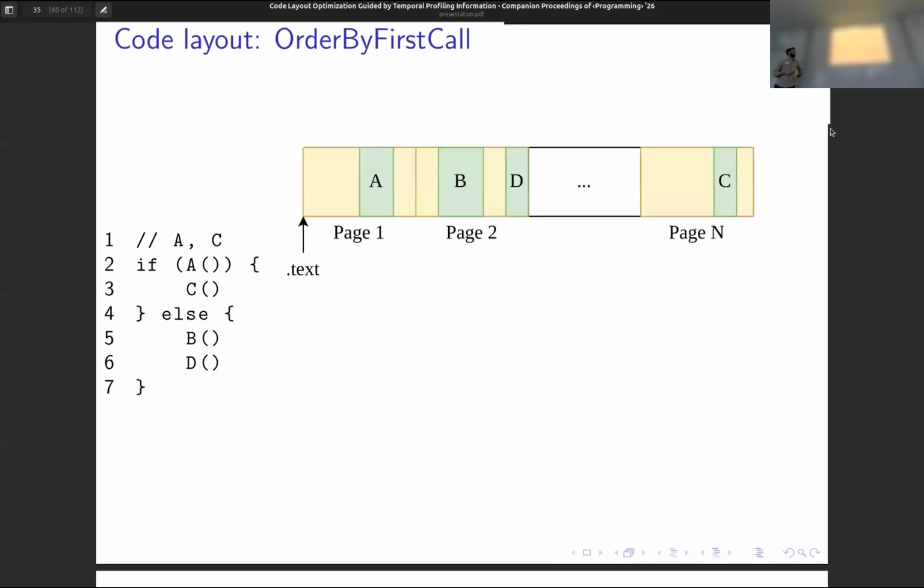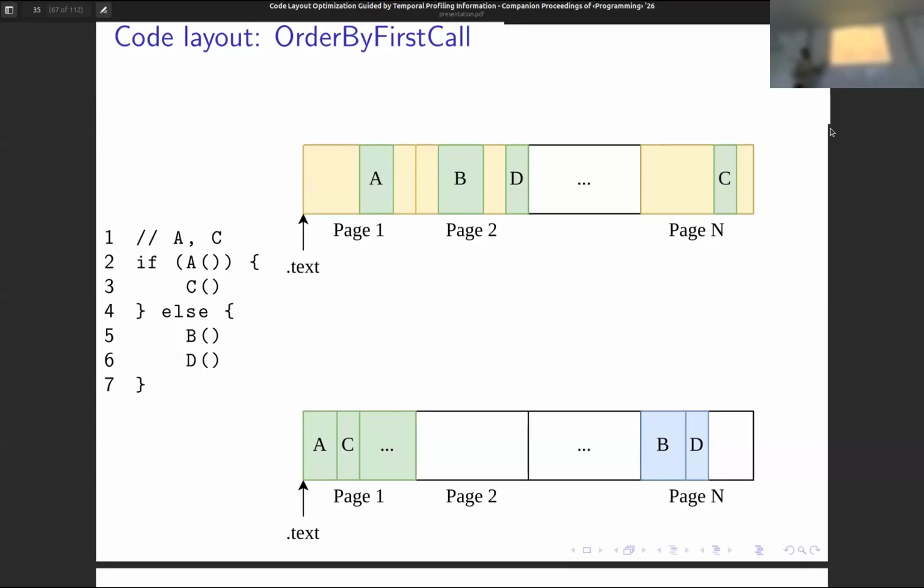So here's how this may look. For our example, let's say that in some execution path, A and C were called, and this else branch never executed. What temporal code ordering will do is it will put A and C on the same page, and because B and D were never executed, it will put them towards the end. So when we execute A during our optimized run, because C is on the same page, the OS will fetch that code as well, and we won't